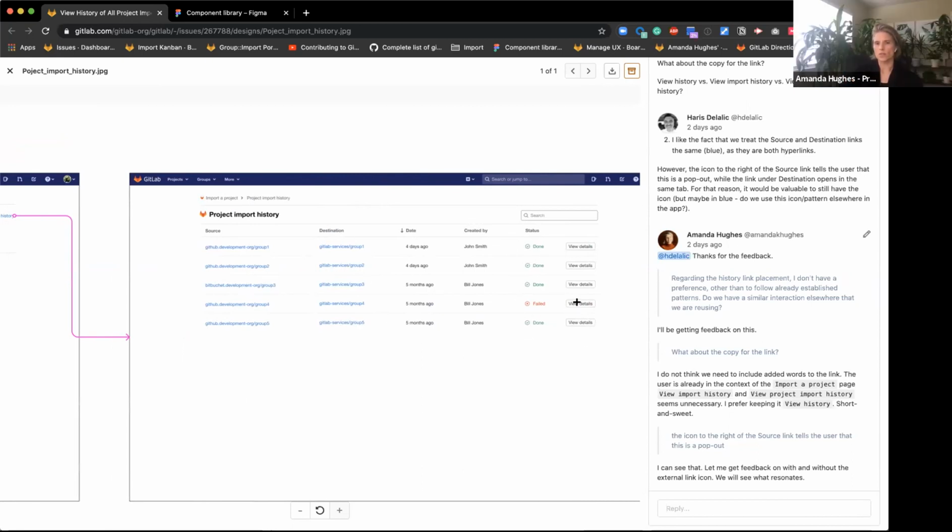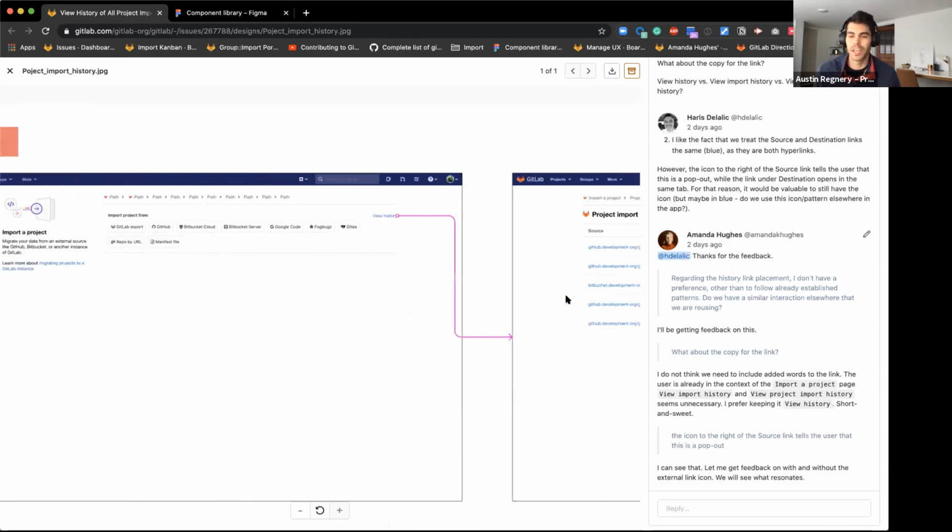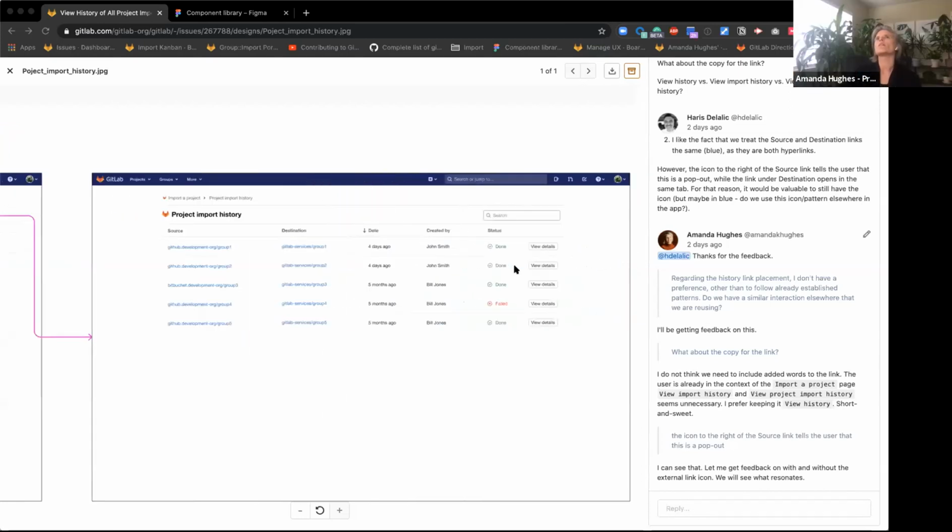This is also a place to view details that have failed, which will take you to a new page. Right, right. Yeah, now that makes sense, because then you'd be going down a different workflow. In my case, I was thinking, I've clicked import for 3 projects. I know in my mind, there's a 4th one that lives out on my GitHub page. I just need to go grab that one too. Okay. Interesting. I mean, if it would not be a problem to load them, then maybe no accordion, and just this table as you show now just sits below. But I was assuming there'd be some sort of constraint there.